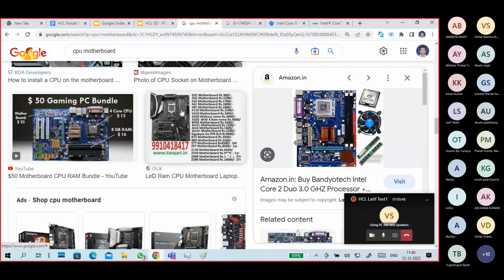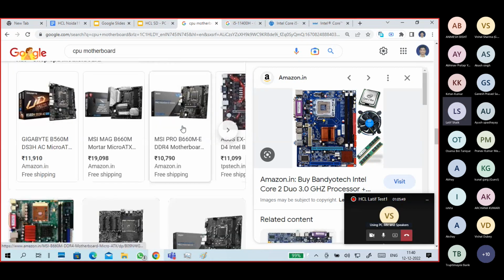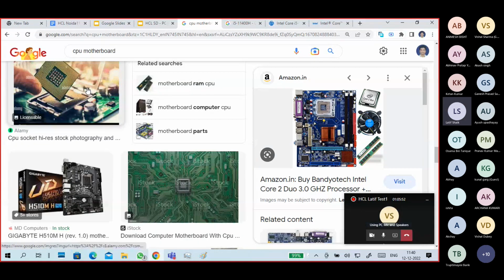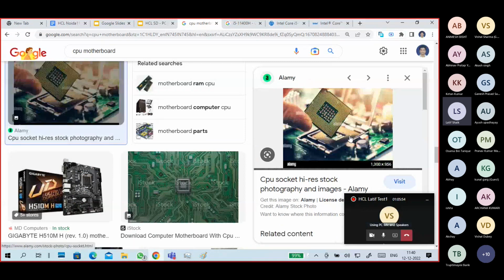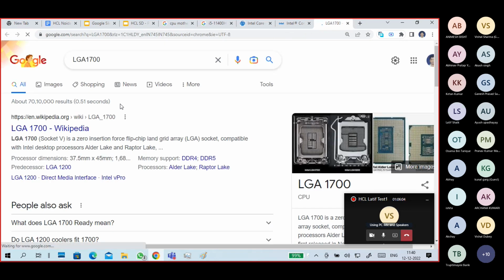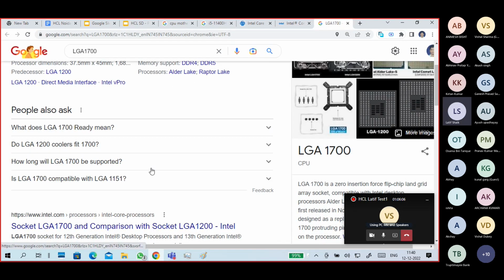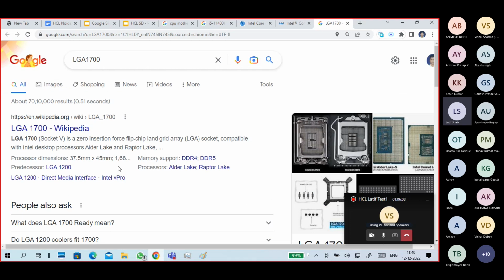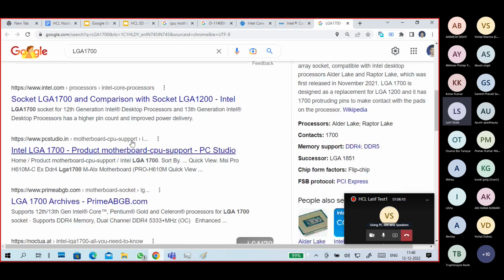Okay, so you can see processor socket. So this is the processor and this is the socket. So processor and socket must match. Based on that only you can take a motherboard. So I'm taking this, check it. So this is the socket model. Okay, this one. So you can go to Amazon